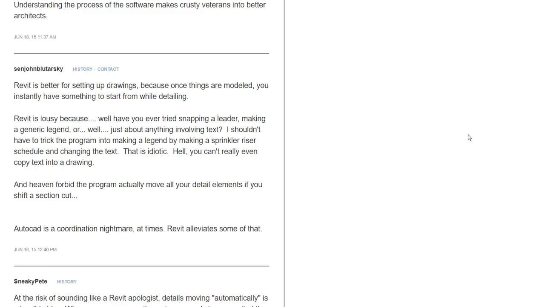He says, have you ever tried snapping a leader, making a generic legend, or just about anything involving text? Yeah, text for some reason is very, very weird in Revit. He says, I shouldn't have to trick the program into making a legend by making a sprinkler riser legend and changing the text. This is idiotic. Heck, you can't really even copy text into a drawing. And heaven forbid the program actually move all your details around,